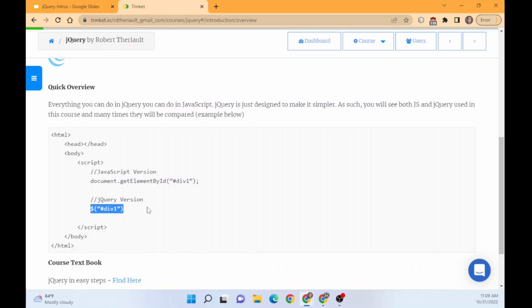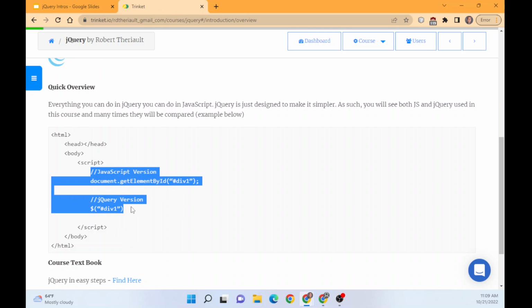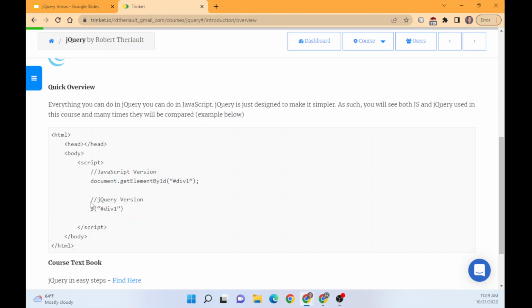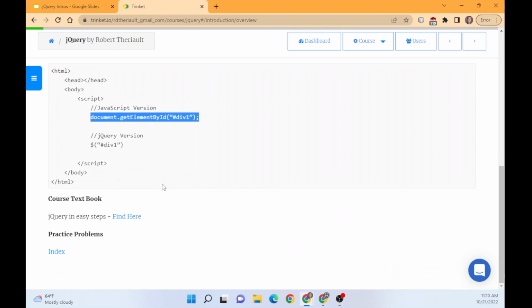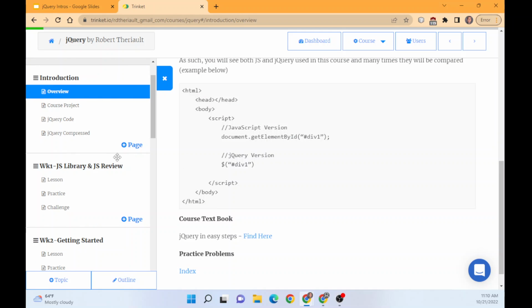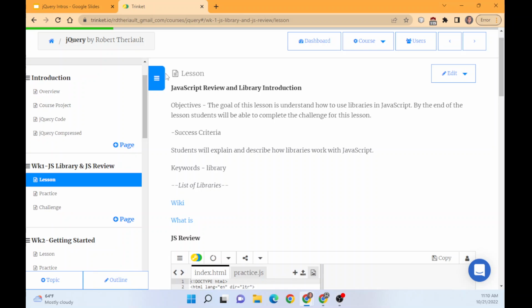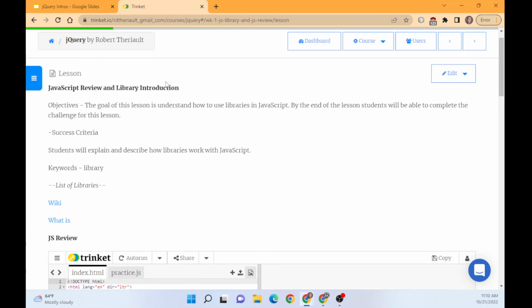As we go through the next few minutes, we'll talk about what else there is that can help you. jQuery is designed to just make JavaScript easier. So with that, we'll go straight into the lesson. There's more materials if you come back here, but let's get into the lesson. Again, our goal is to really understand how these libraries work in JavaScript, and then we'll go over the basics of